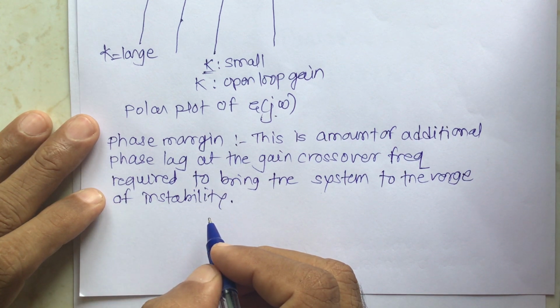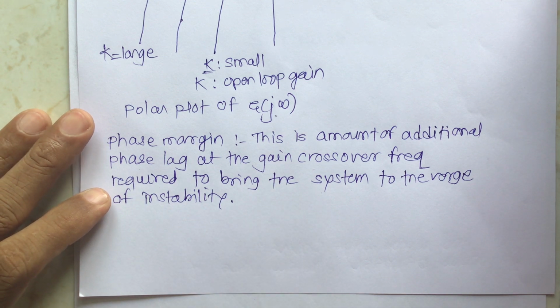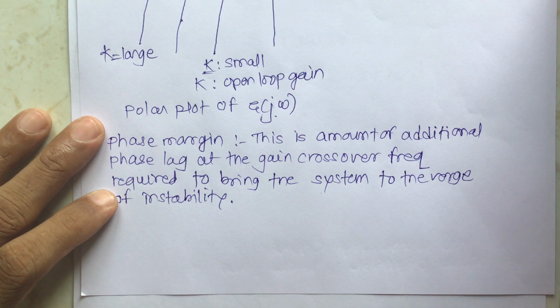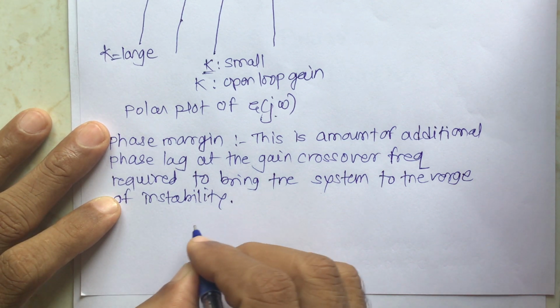So the gain crossover frequency is the frequency at which G of jw, that is the magnitude of the open loop transfer function, is unity. Okay, so the phase margin gamma